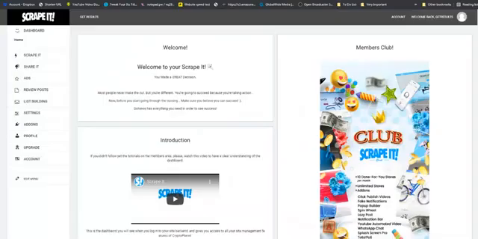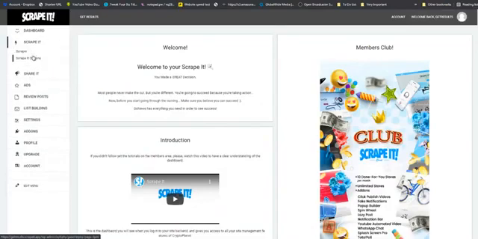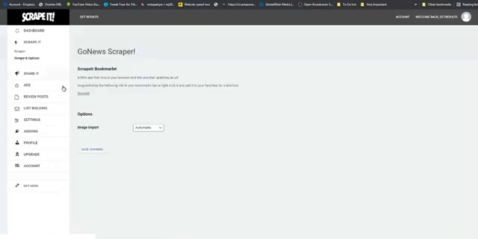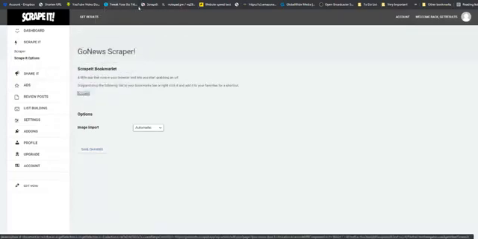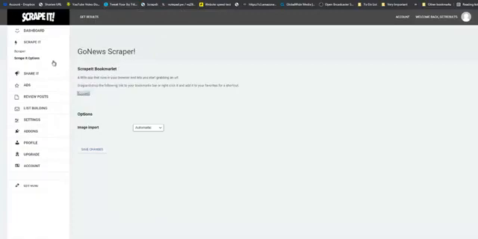So back in the dashboard of Scrape-It, the first thing I want you to do is to click on Scrape-It right here. Go to Scrape-It options, and then just take this little bookmarklet right here, grab it and drop it in your bookmarks bar there. Next thing I want you to do